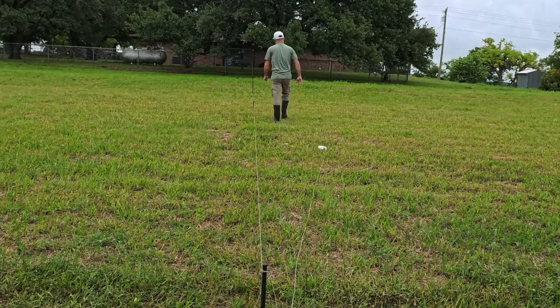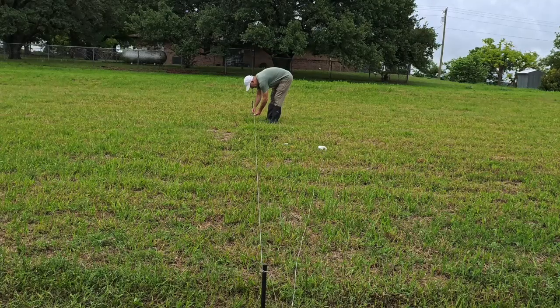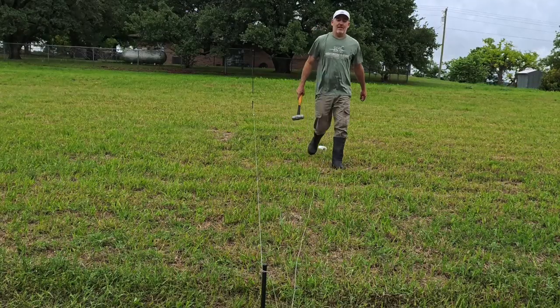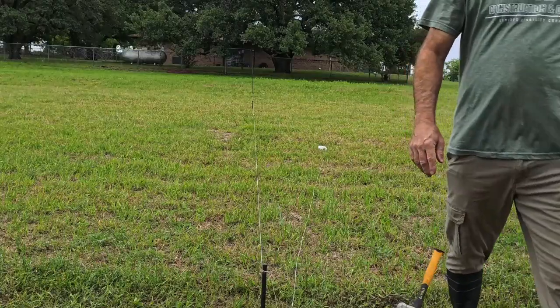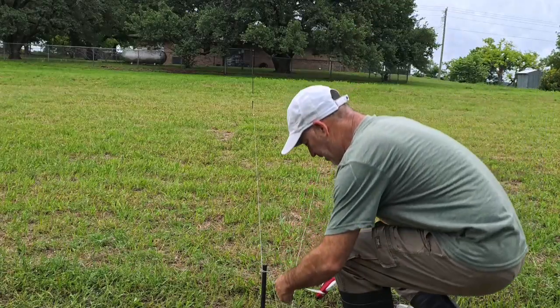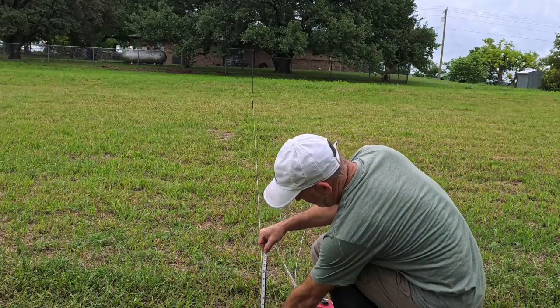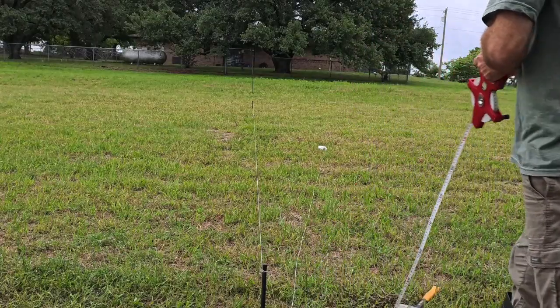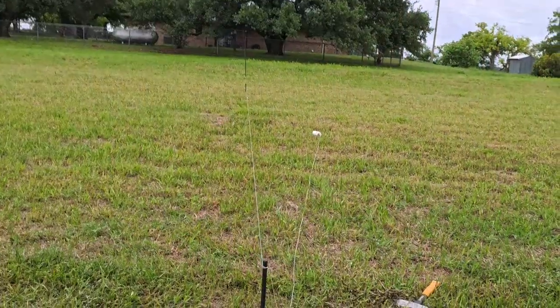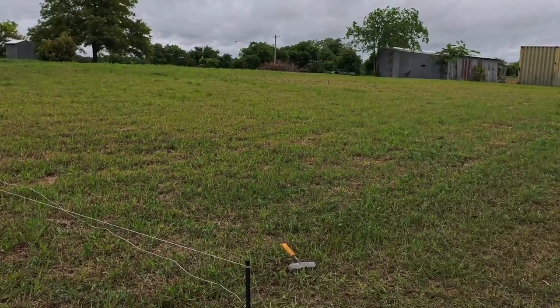Alrighty. I'm guessing this is going to be a whole lot closer to level. I can pick that up an inch. So about the height of that stake. It's not that far off of that other end, as much as I thought, but it's going to be 11 inches. So there's 3 inches difference. But if we're looking from here, from this corner to the other end,